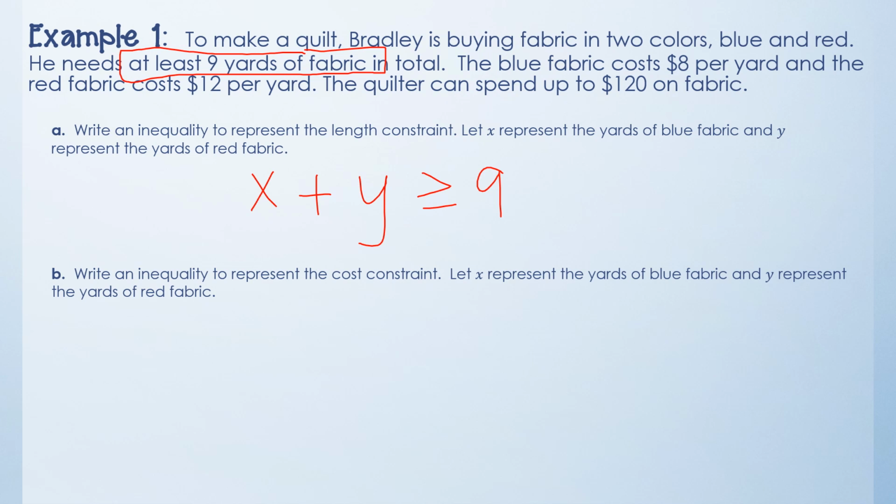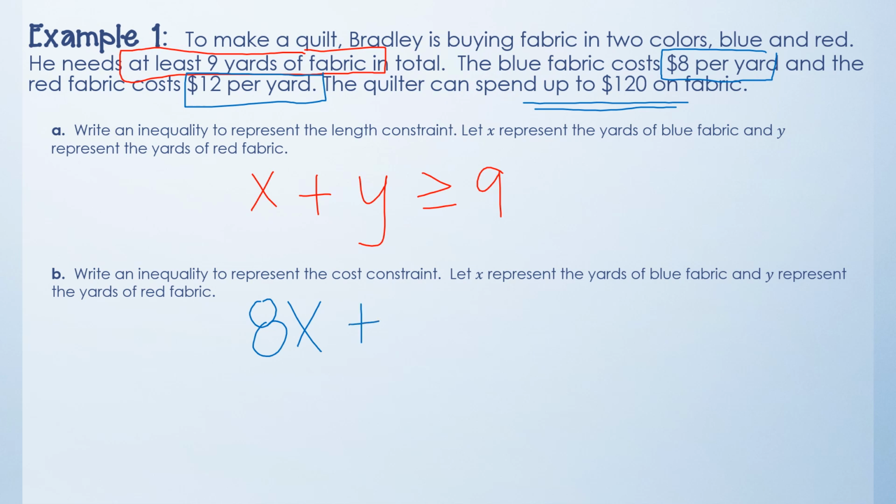For the money constraint and the cost, I have 3 different values. I have the blue fabric is $8 per yard, the red fabric is $12 per yard, and the total that he can spend is up to $120. So if it's $8 per yard for the blue fabric, that's the rate of change. That's the cost every single yard for the blue fabric. So that would be written as 8x